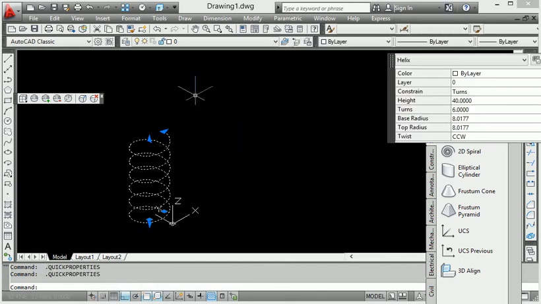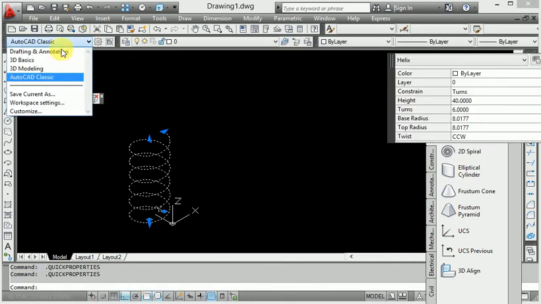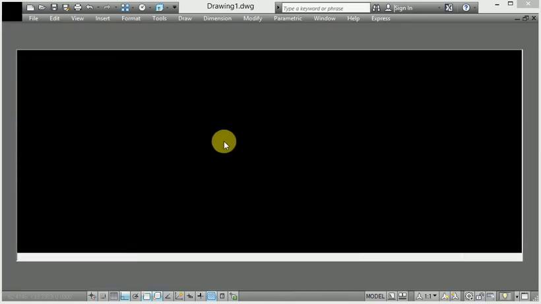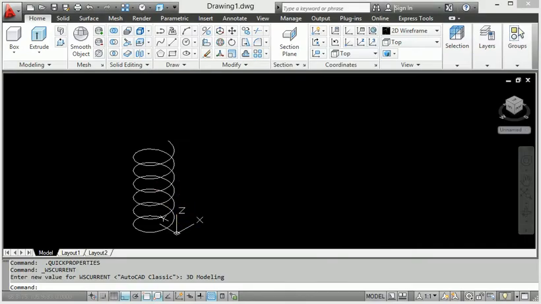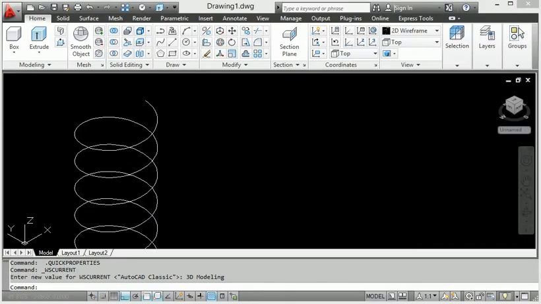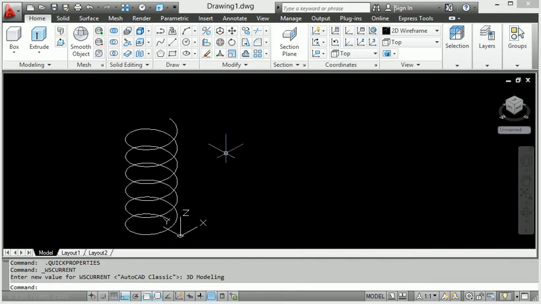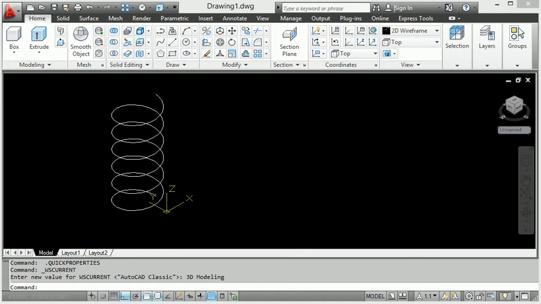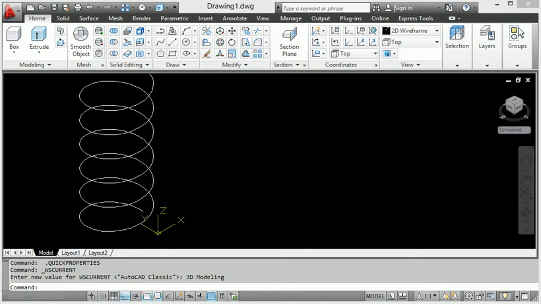Then also I will switch to 3D modeling. Now here you can see this. I make 4 helix spiral curves right now, and I want to get a proper adjustment.